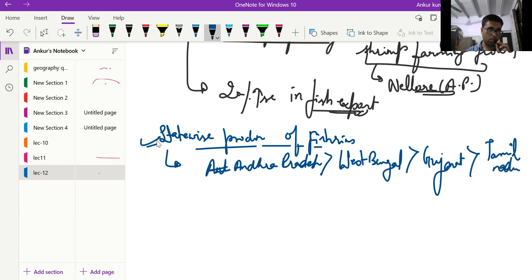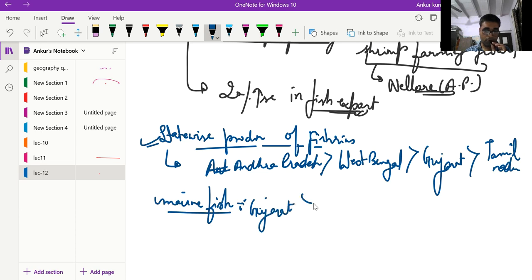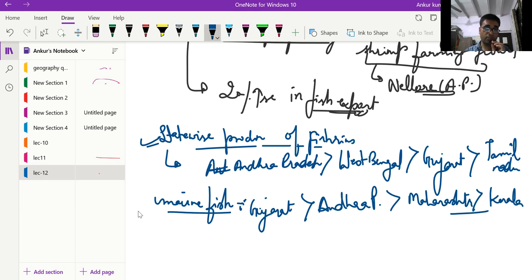This is in case of total. Now, when you see marine fisheries, the largest producer is Gujarat. After that, it is Andhra Pradesh. After Andhra Pradesh, Maharashtra, and then Kerala. This is for marine fisheries, and for freshwater fisheries,